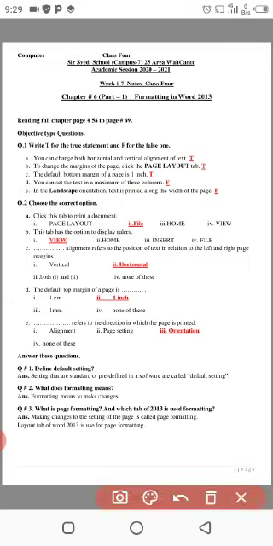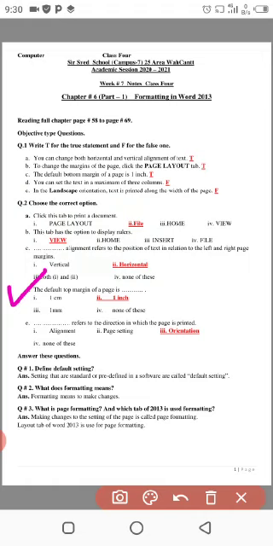Next one is, this tab has the option to display rulers. So view is the option to display the rulers. Next one is, dash alignment refers to the position of text in relation to the left and right page margins. So horizontal is the alignment of the text which refers to the position of text in relation to left and right page margins.